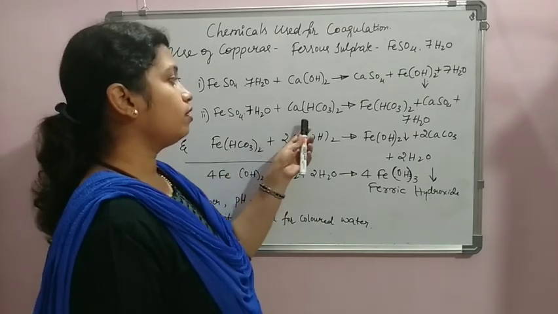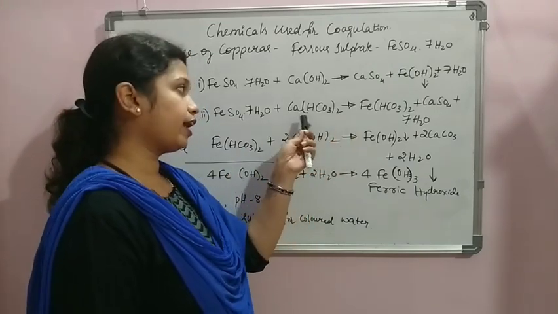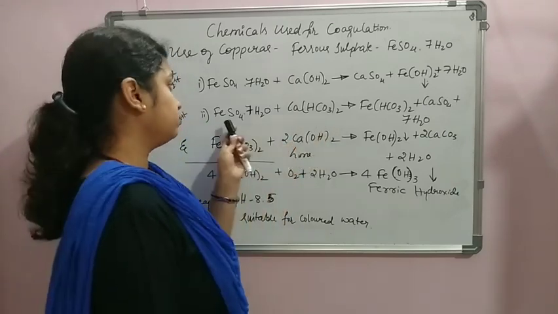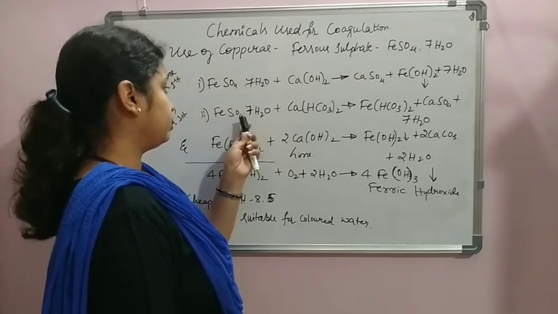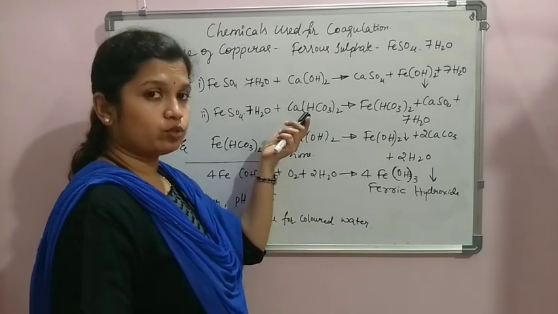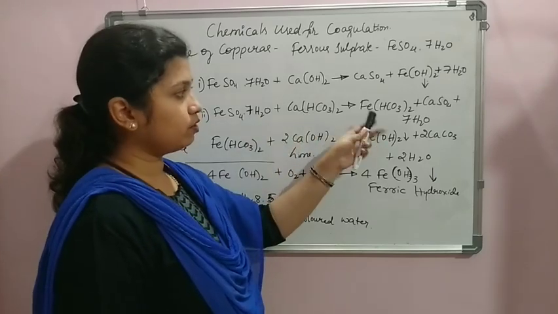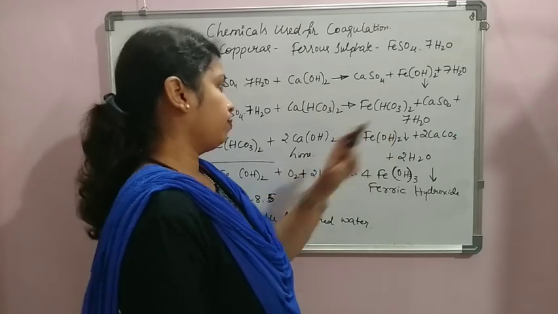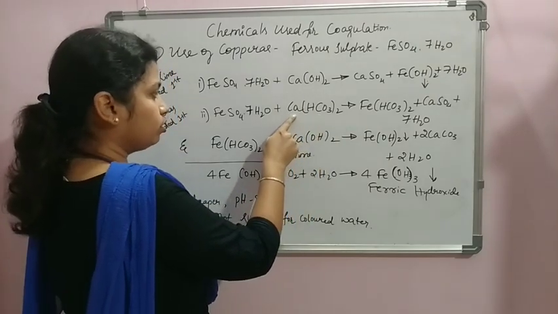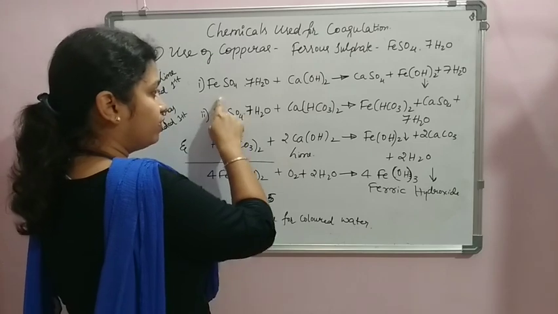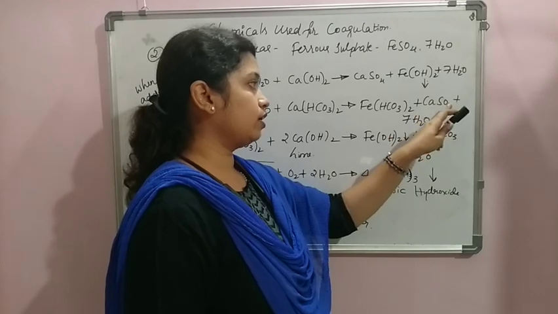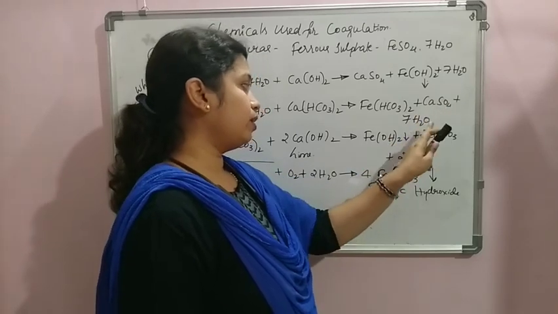If the alkalinity is already present in the water in the form of calcium bicarbonate, just like in the previous reaction we discussed in the case of alum, we take ferrous sulfate, that is copperas, FeSO4·7H2O. Here the natural alkalinity Ca(HCO3)2 is present in the water. The reaction gives ferrous bicarbonate. The calcium which was in combination with the bicarbonate now combines with sulfate, and ferrous attaches to the bicarbonate, giving ferrous bicarbonate plus CaSO4, calcium sulfate, plus H2O.